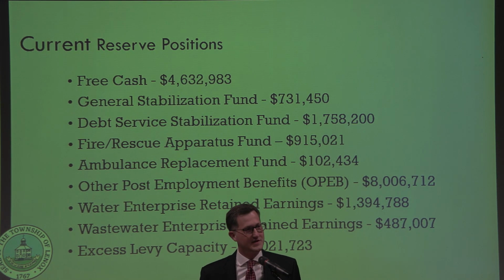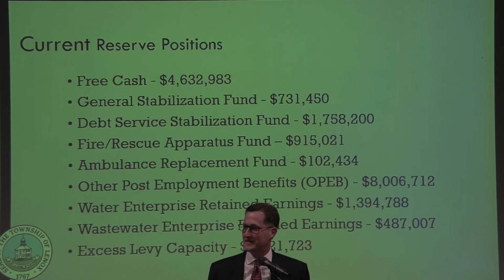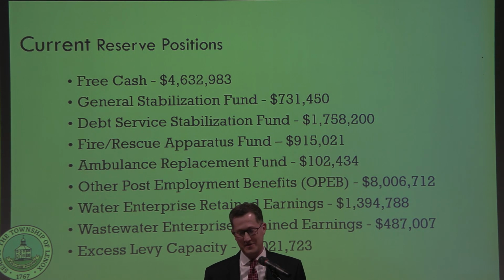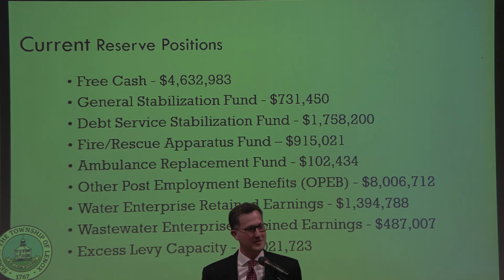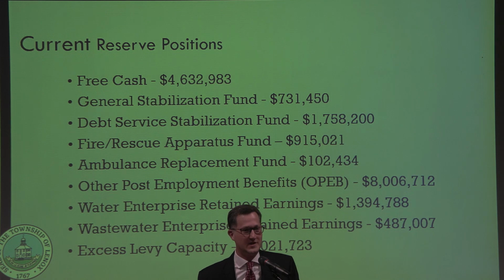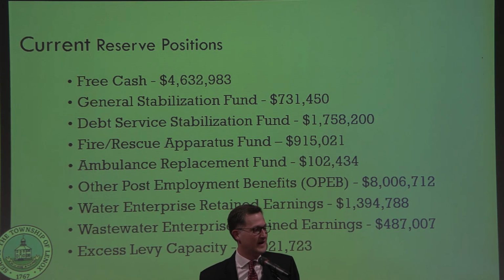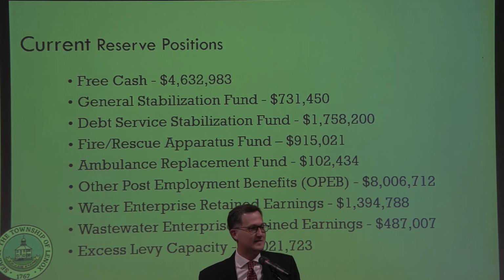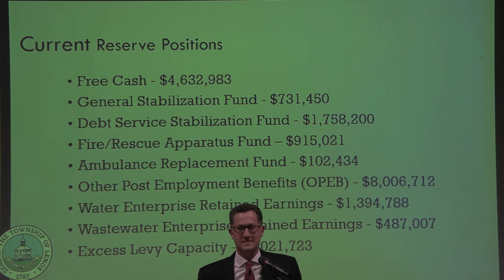I'm often criticized for putting this on here because it's in folks' minds, and you're not incorrect for feeling this way, but the only way to tap into this reserve is through taxation. But under Proposition 2.5, we're limited in the amount that we're able to tax without a voter-approved override. But nevertheless, between the Board of Selectmen, the Finance Committee, and the School Committee, we've underspent our levy limit by almost $24 million over the last 10 years.